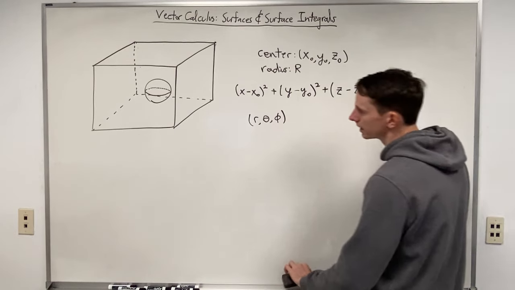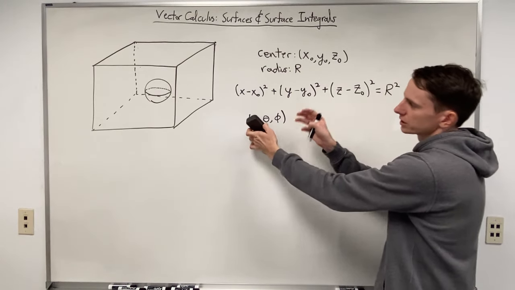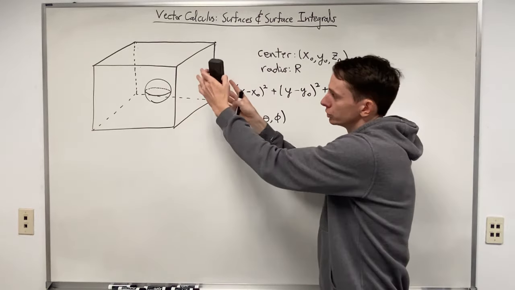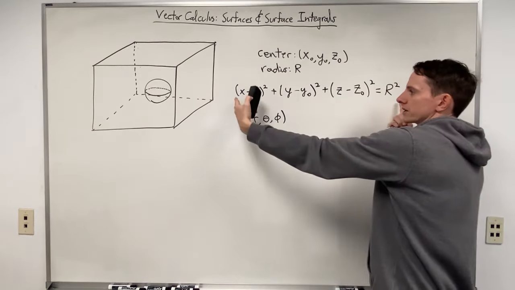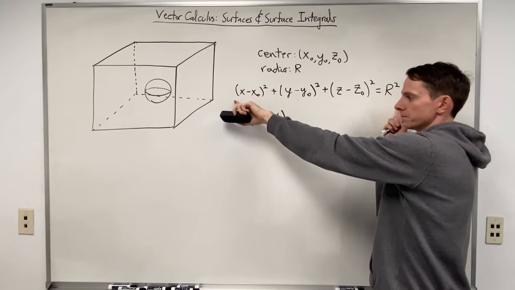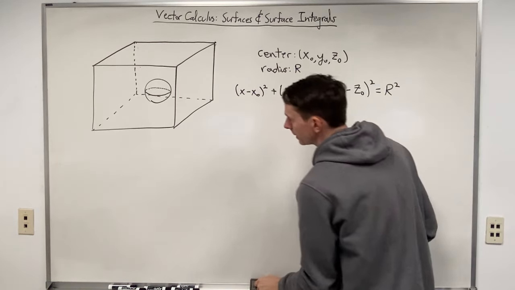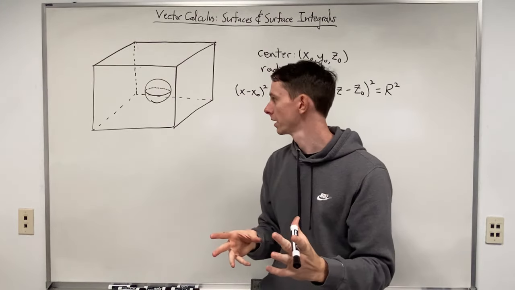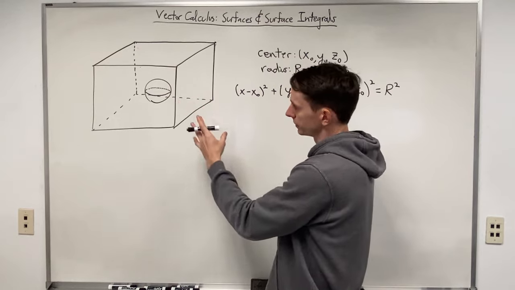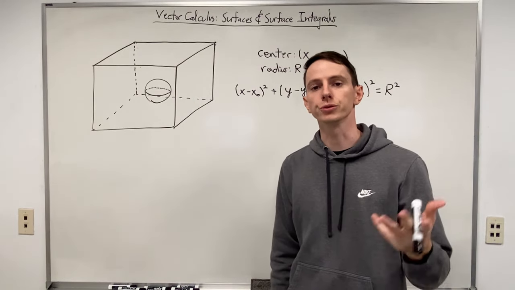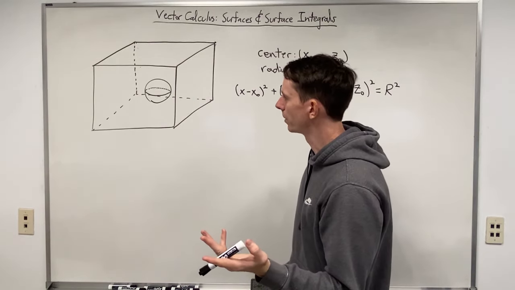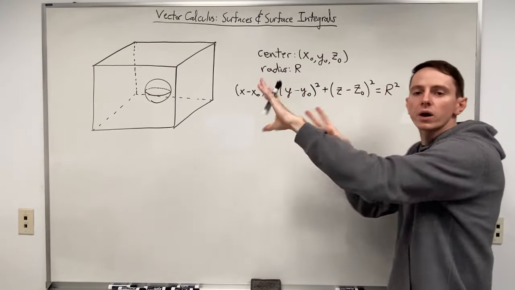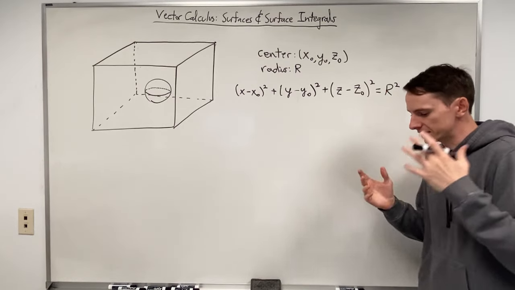And the idea is that this was very convenient because of the shape that we happen to draw on the board. The only reason, I should say, why I drew a sphere on the board is so we could write out a clear expression for the equation of a sphere here. But let's suppose that maybe our surface was not a spherical shell, but just some arbitrary surface. That arbitrary embedded surface should also be represented by two different coordinates. But this approach, by starting to write out the equation of whatever that surface is, just isn't going to be